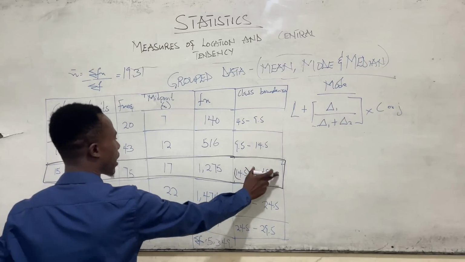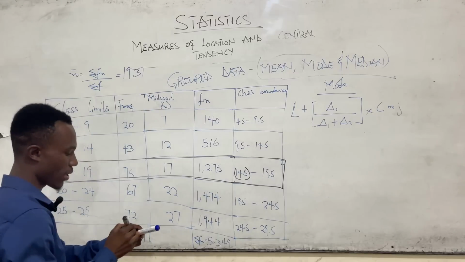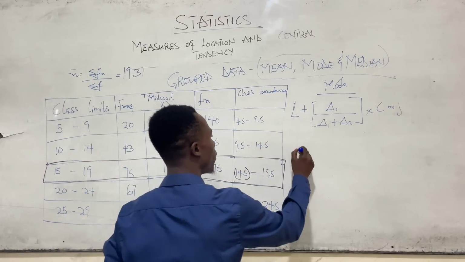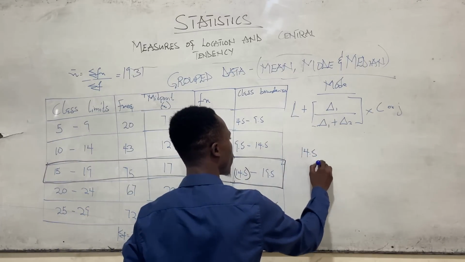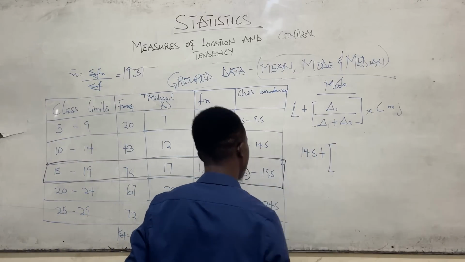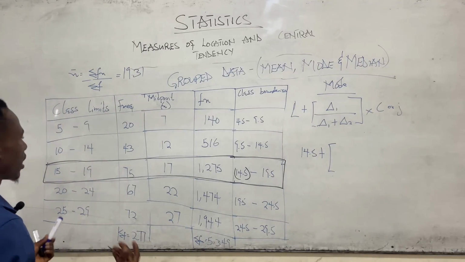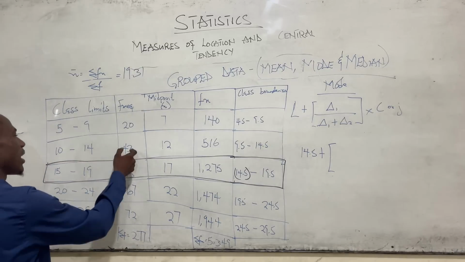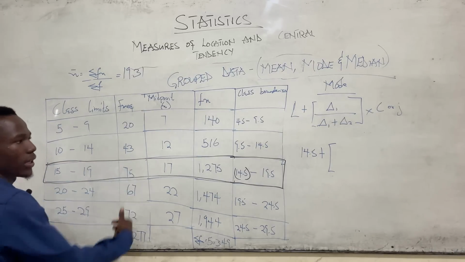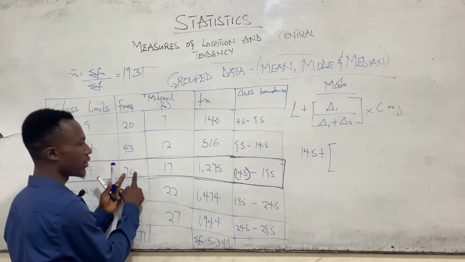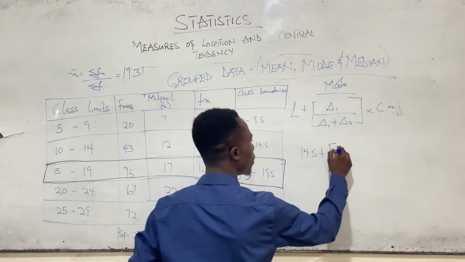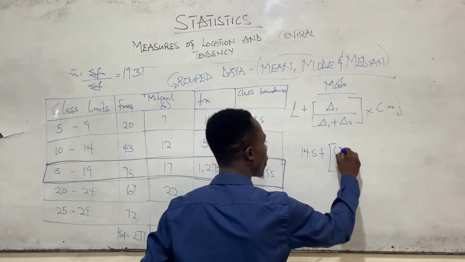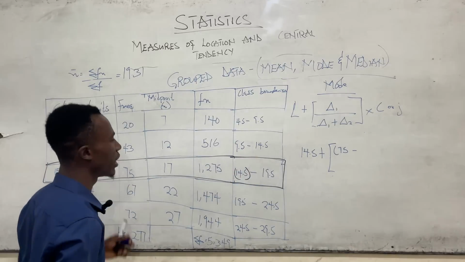Yes, because these are the class boundaries for the class, and this is the lower class boundary. So we say 14.5 plus, now change 1. We said change 1 is the frequency of the modal class minus the preceding, the one that comes before the modal class. So 75 is the frequency of the modal class. So you have 75 minus the preceding, which is